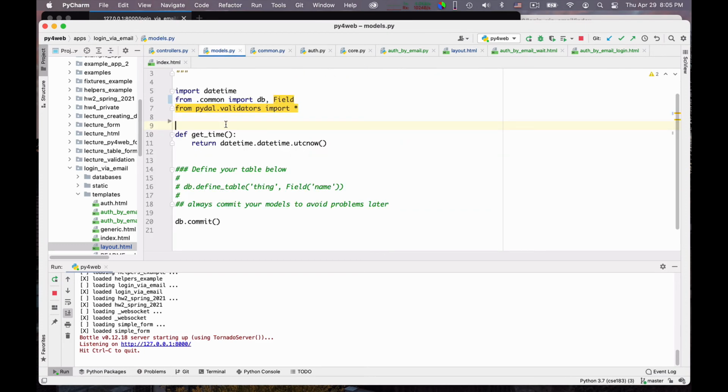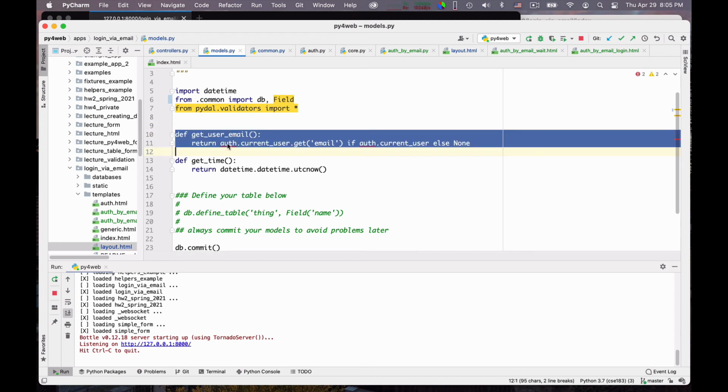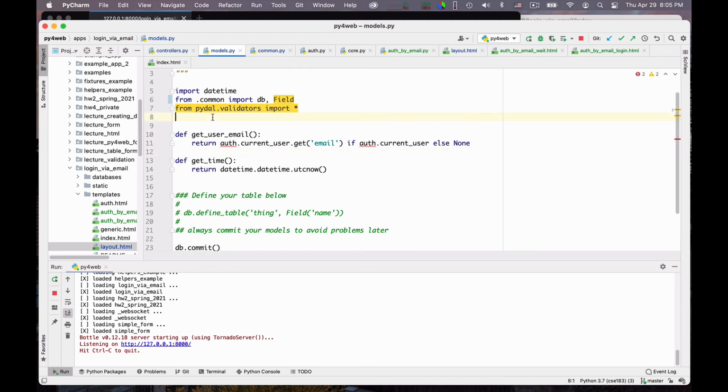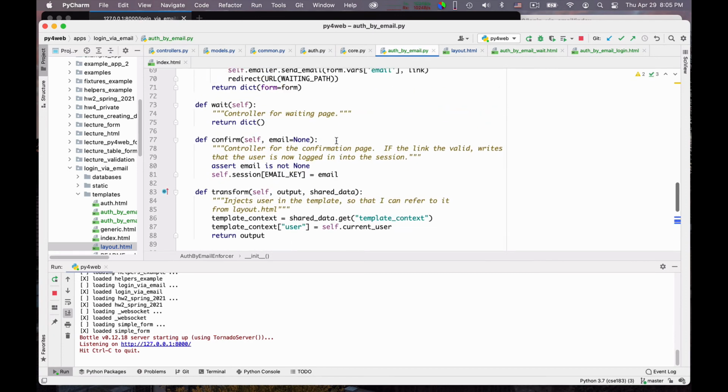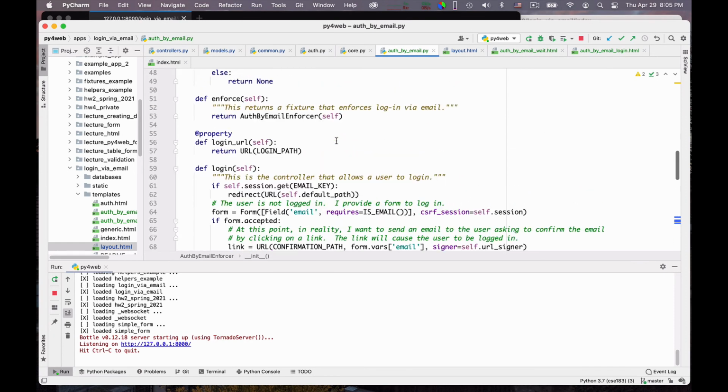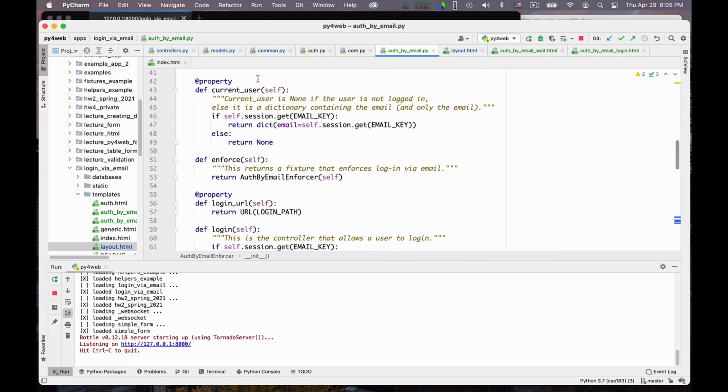So in models, I can put back my from common import auth. Okay, auth has a method current user. Let me check. Yes, we created it. Has a property current user. Yes, so that should work.